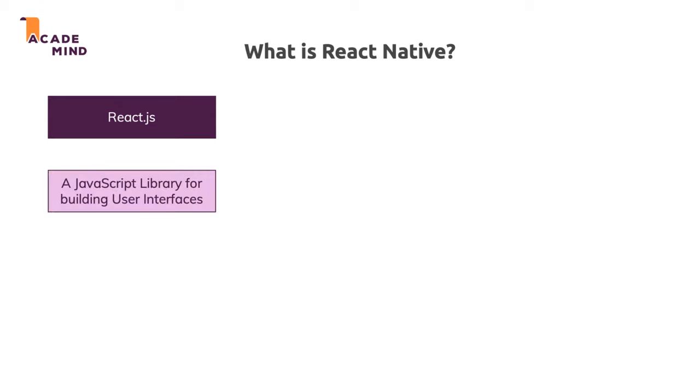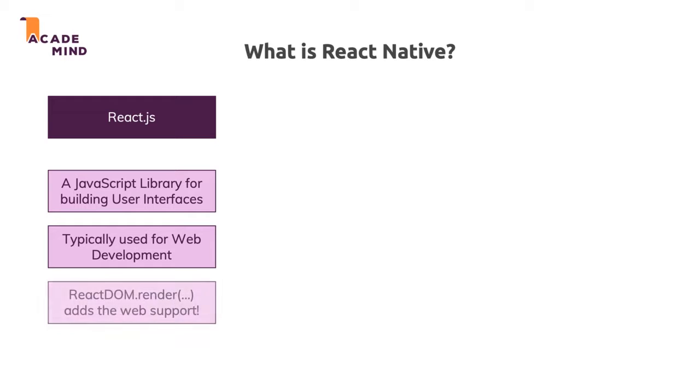It's a JavaScript library for building user interfaces. That's the official definition. That is what React does in the end. It runs on JavaScript and it's good at building user interfaces. Typically, we use React in web development for building web apps, but it's important to understand that React itself, the library, actually makes no assumption about what we're building with it, because it's actually another library which you also use